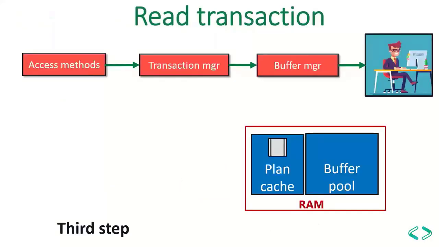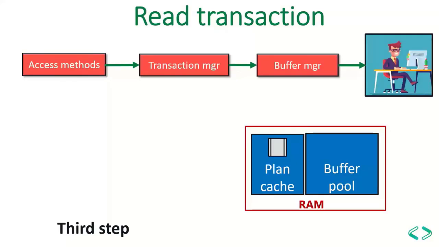Now our query is at the storage engine component, the third step. Before going into this component, let's remember that no matter what kind of query it is, whether read or write, all of those queries should pass from the first step as well as the second step, depending upon the complication. If the query is so simple that the trivial plan got generated, then the trivial plan will be sent to the execution phase from the first step directly to the storage engine. But if the query is complicated, then that particular query should be passed through the second step and then to the storage engine, which is the third step here.